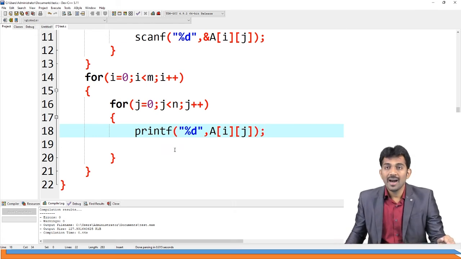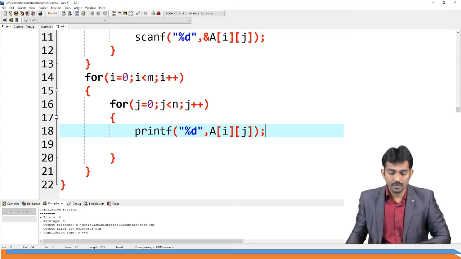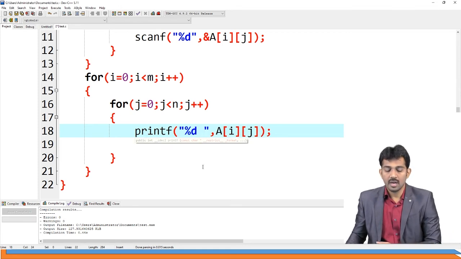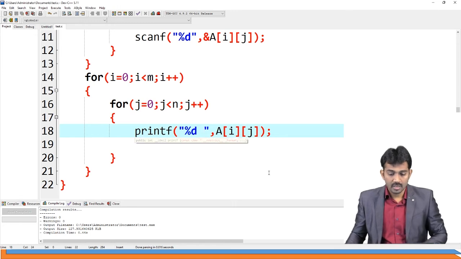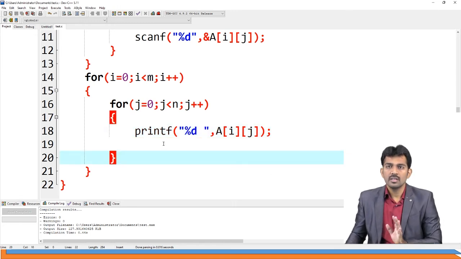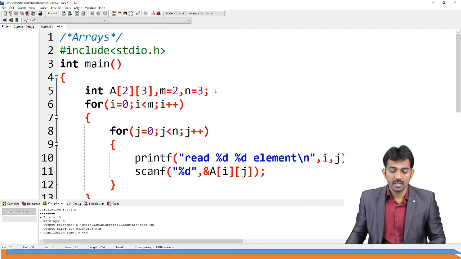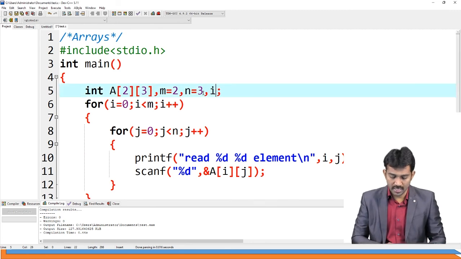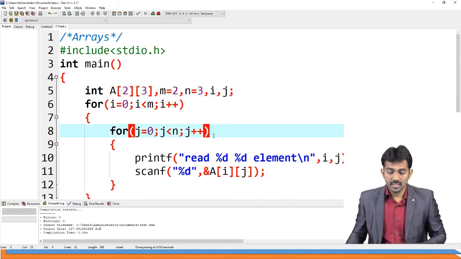Right? Is this clear? printf of percentage d, I'm going to use a small space, then A[i][j] and c. This is the code. That's all. The same number of rows it is going to repeat. Here I need to take two more variables, i comma j.